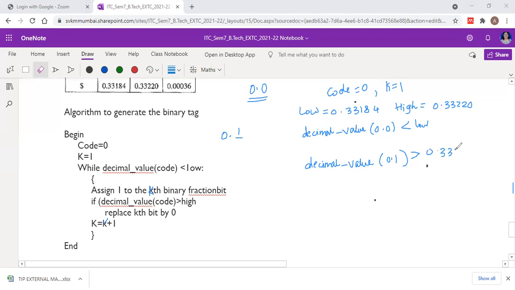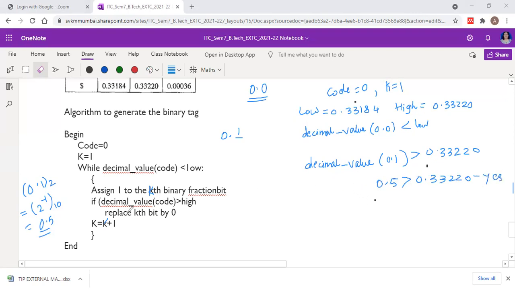High is 0.33220. Now, what is the decimal value of binary 0.1? Binary 0.1 is equal to 2 raised to minus 1 in decimal. What is 2 raised to minus 1? It is 0.5. So is 0.5 greater than 0.33220? And the answer is yes.